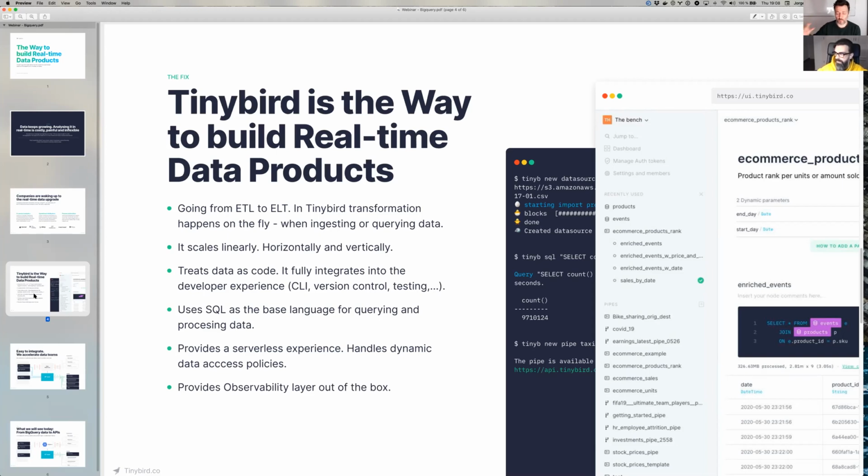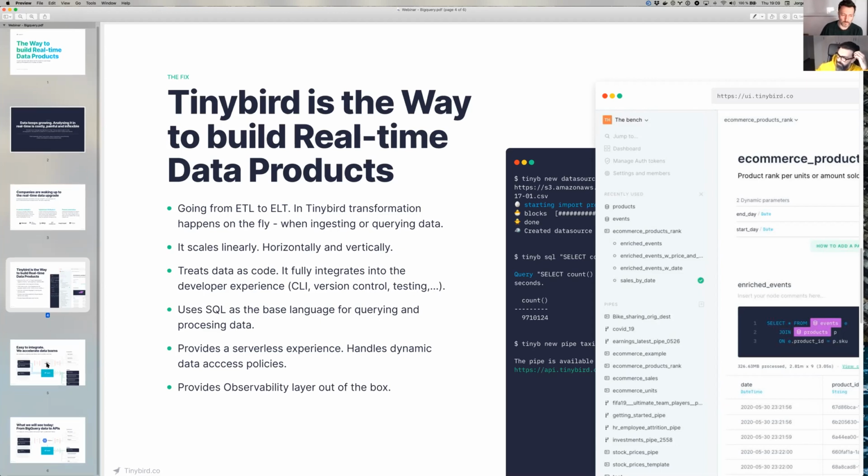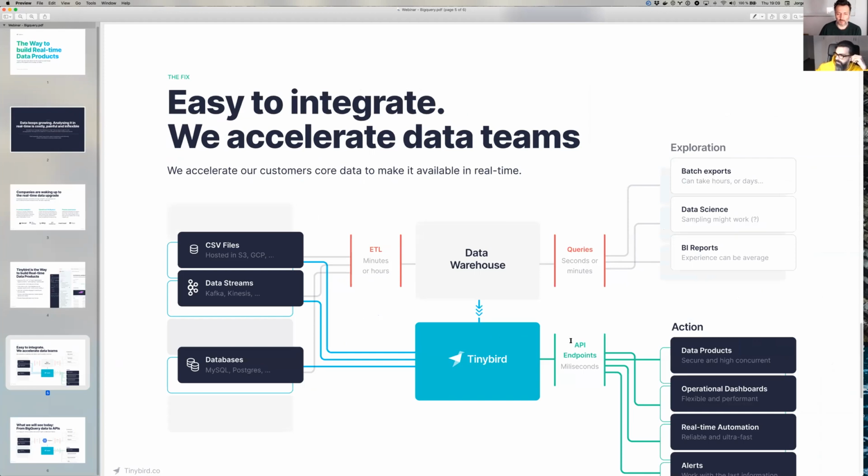And lastly, we also provide an observability layer out of the box, so you can understand what's going on with usage of your platform. And just to give you a quick diagram of where we fit in the picture, we understand that there's a lot of companies that already have a data warehouse, and for most of those use cases like batch exports or data science or BI, it doesn't matter a lot if ETLs take minutes or hours. Queries can take seconds to minutes because you're not constantly running them. But there are a number of use cases where you want your data to be real time, and that's